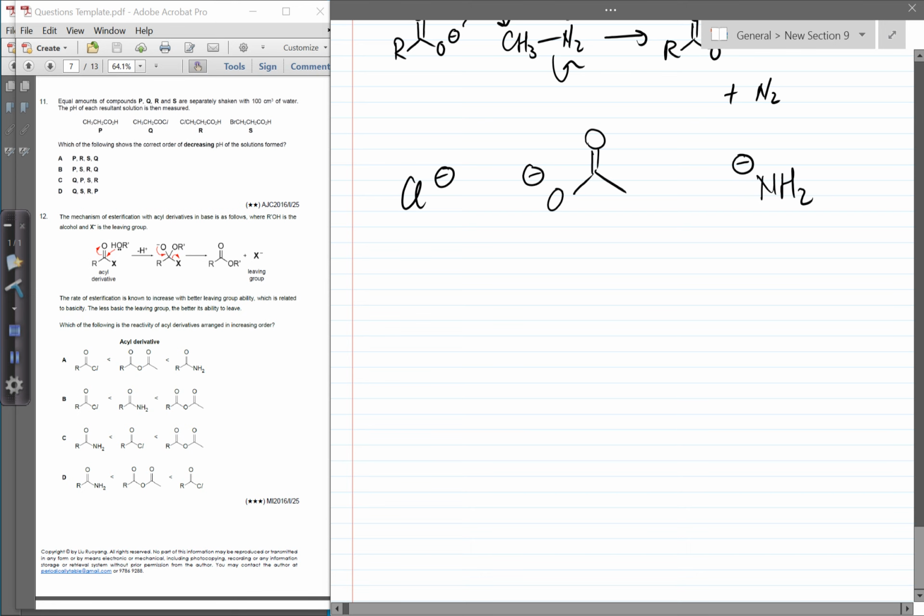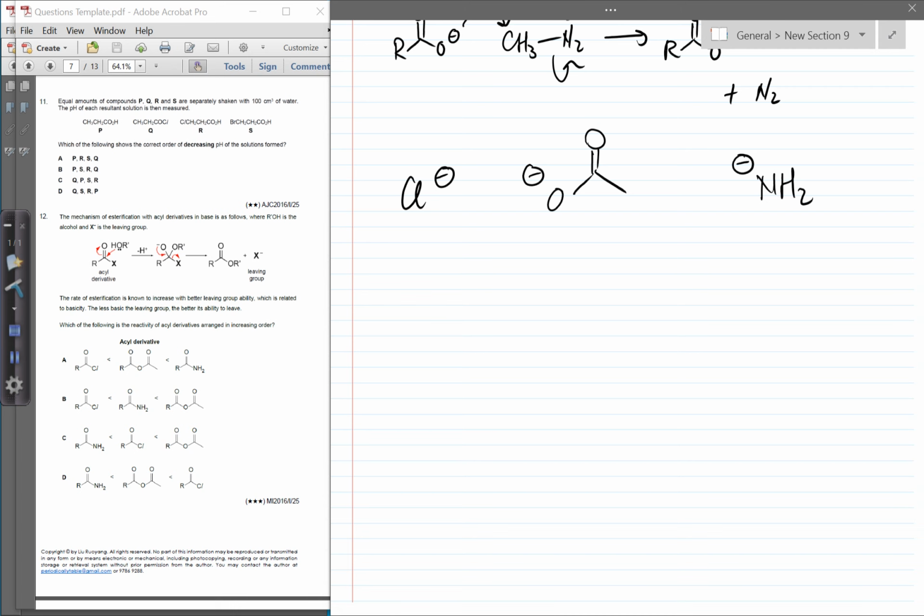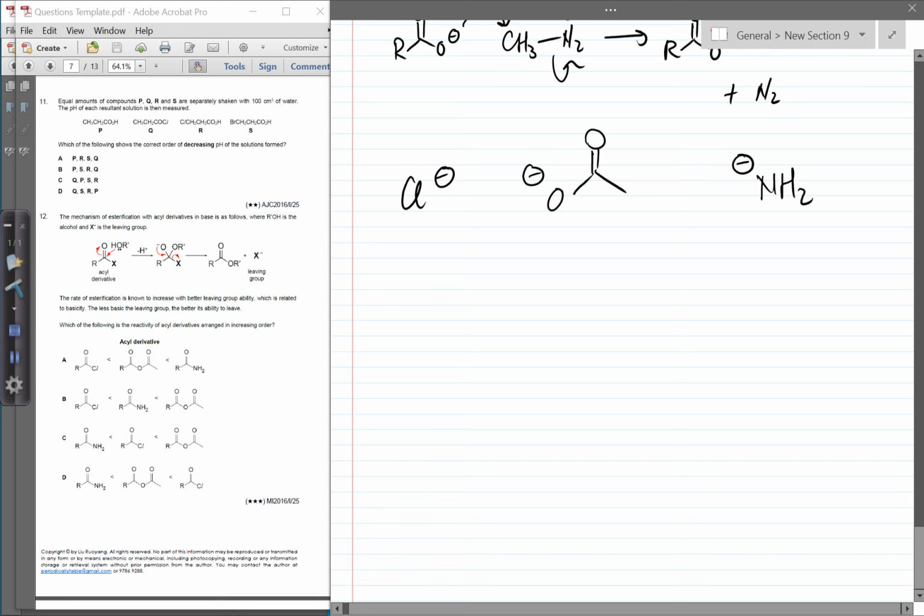You are comparing the leaving group stability. Which one is the most stable group? So now if you compare the three, Cl minus, O minus, and N minus, by ARIO rule, A atom,